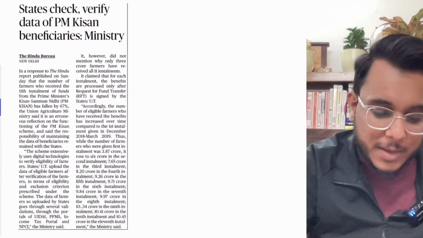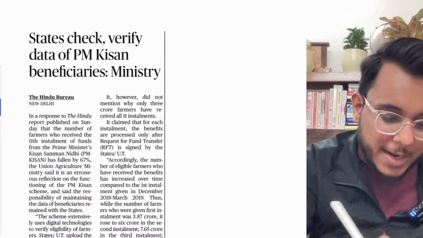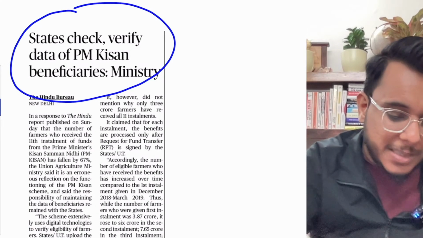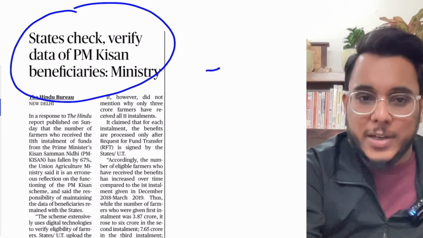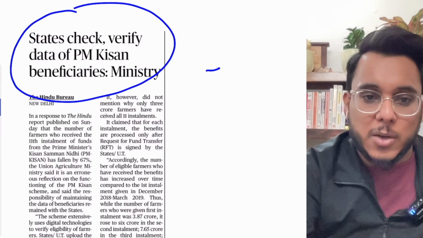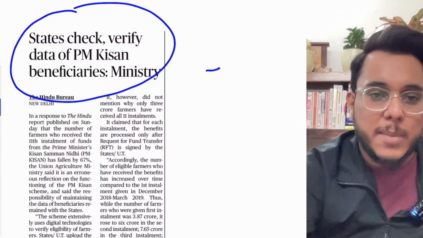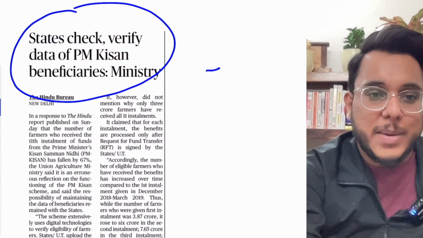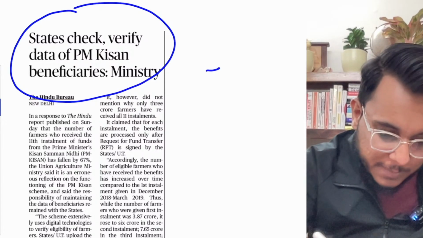Now moving to the next article. States check verify data of the PM Kisan beneficiaries. Now guys, what is this particular issue all about? Fine. First of all, understand this particular thing. A little bit we need to talk about the PM Kisan. Now guys, when we talk about the PM Kisan,